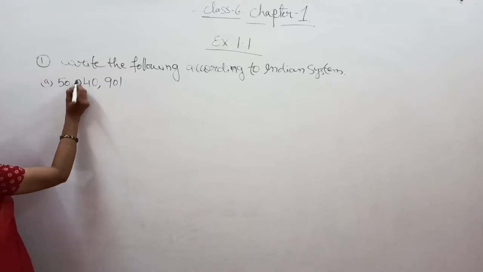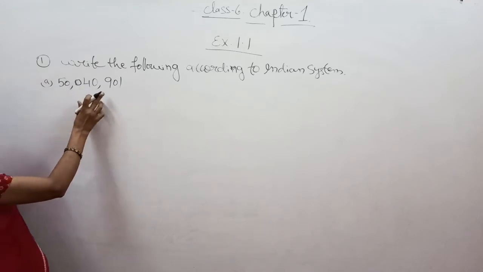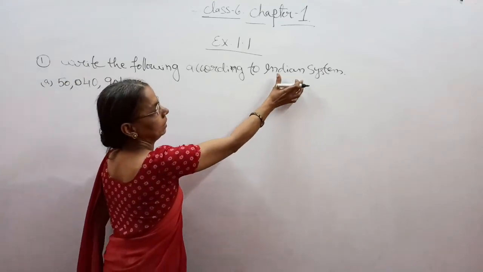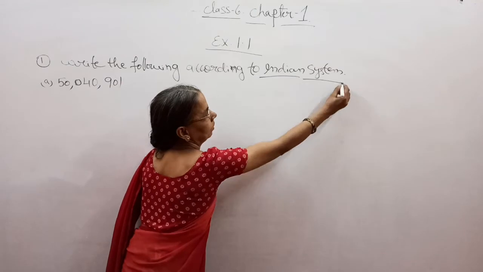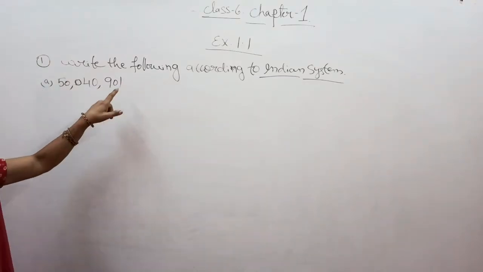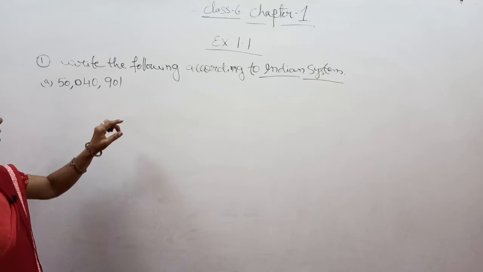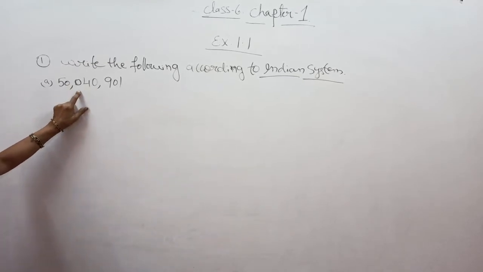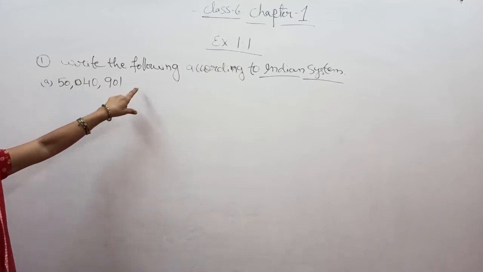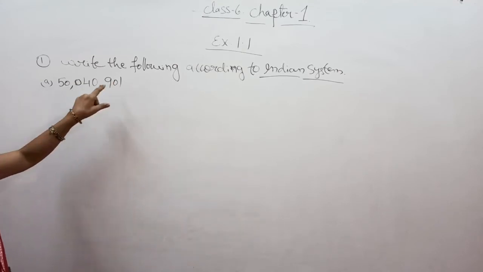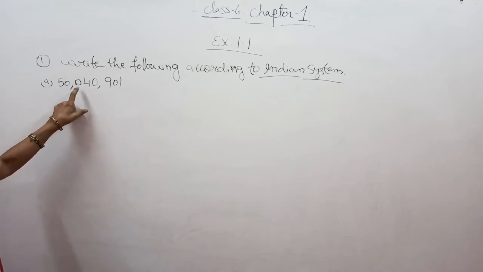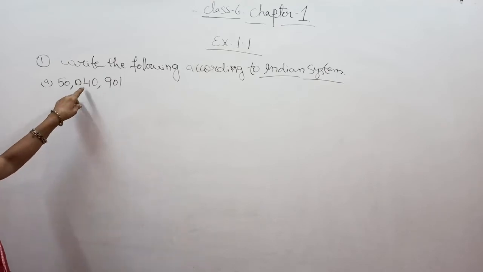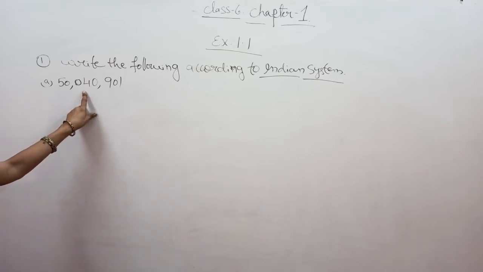The commas are given on the basis of the international number system, but we have to write it in the Indian system. We have to write these numbers into the Indian system. We all know that in the Indian system, a comma is not put in between three numbers, it is only two numbers. हम सब जानते हैं कि इंडियन सिस्टम में थ्री नंबर्स के बीच में कमा नहीं लगता है. ये नंबर्स जो हैं हमेशा टू नंबर्स के बीच में कमास लगाया जाता है.